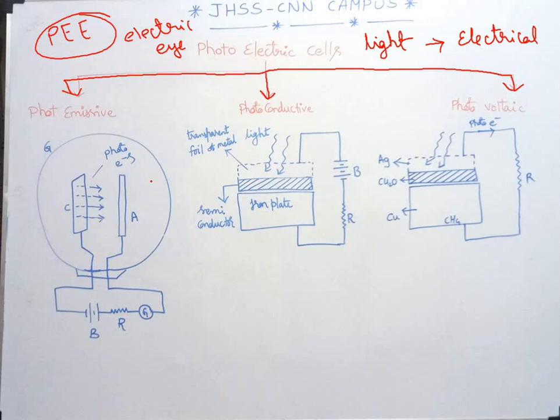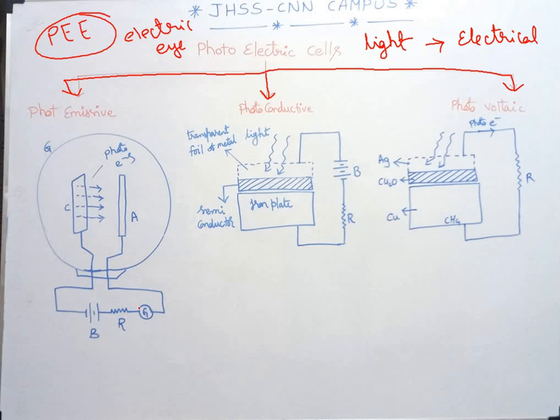Whenever these electrons flow from the cathode to anode, you can notice there will be a flow of current in the circuit. And remember, this entire circuit will be active, which means you can notice the current in the galvanometer as long as you are continuously illuminating the surface. As long as you illuminate the surface, the external circuit maintains a constant current. Through the resistor, we can see the reading in the galvanometer.